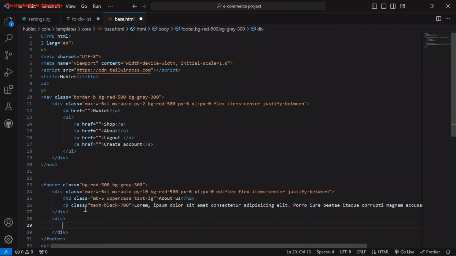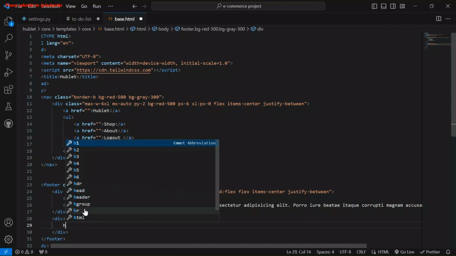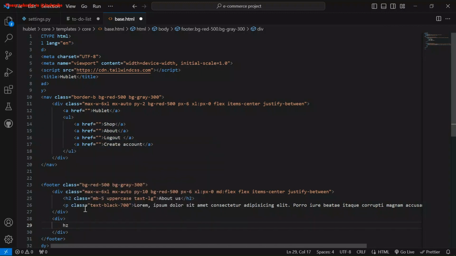Here we'll now put our social links, h2. Let me also copy this. Let me add social links